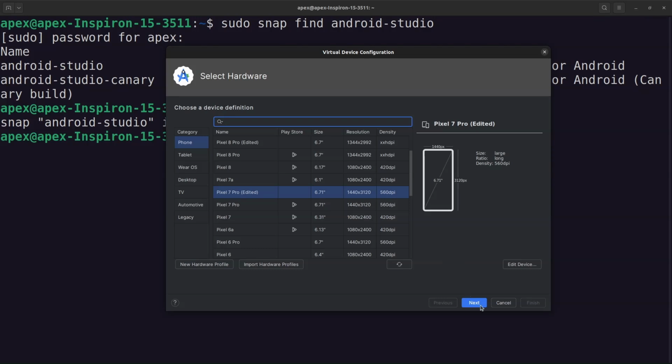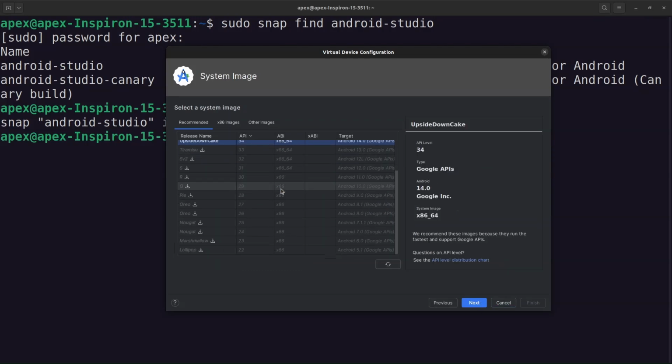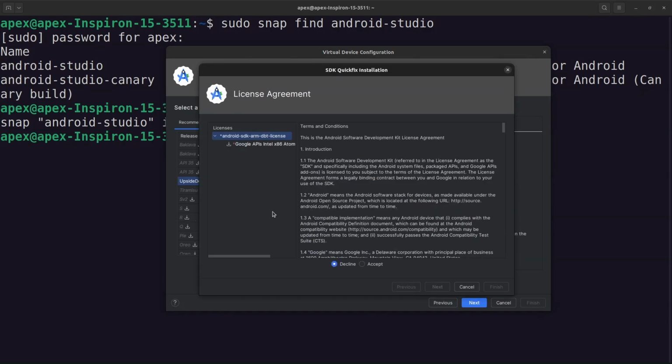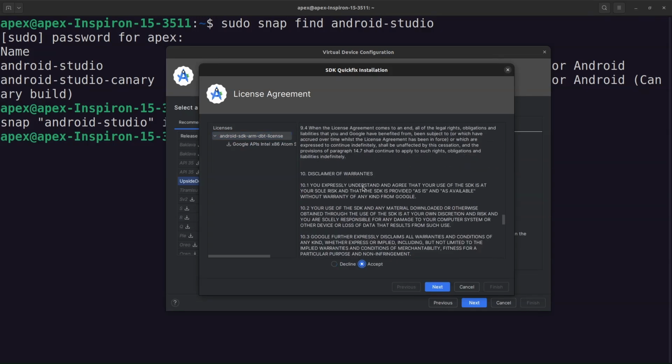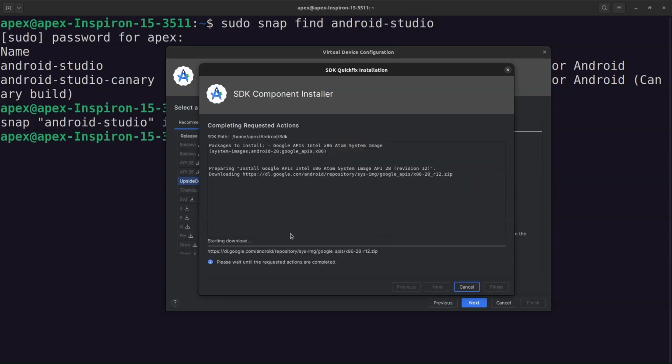Now I'm going to click on next, and here you have a list of operating systems, different Android operating systems that you can use for the device. So you have like Android Pie, Android Oreo, Android Nougat. So for whichever operating system that you choose, you just need to click on the operating system. So say I click on Android Pie, I'm going to accept the terms and conditions for this. So you can read through this if you want. And once you do, you click on next, and that is going to start downloading that